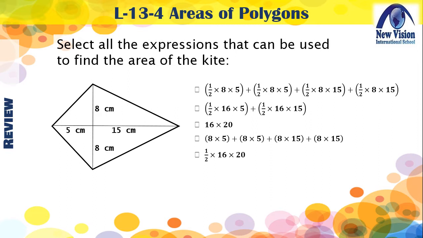Options number 1, 2, and 5 should be correct. Why? Because, according to the first option, we divide the kite into 4 triangles, and then find the area. It is possible and the given expression is correct also. The second option is also triangles and find the area. It is also possible and correct too. Fifth option should be correct. Why? Very good. We can derive